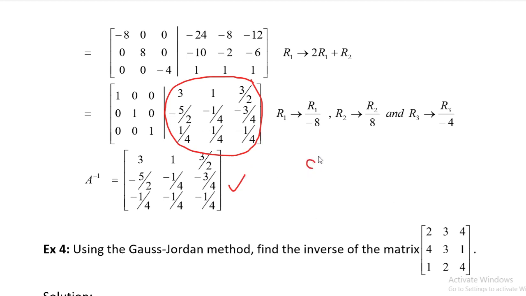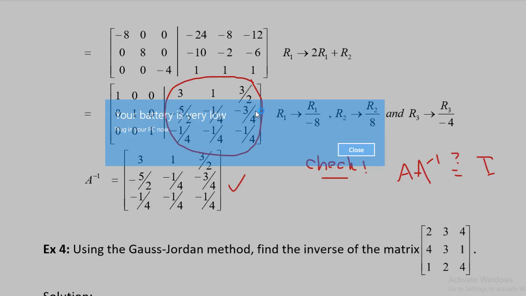Now again, you can check it at the end. You can check by multiplying, right? So you have A, you got A inverse. Check whether it is equal to identity or not. From both sides, A inverse into A as well. Don't leave your answer here. Once you reach here, write your A inverse.